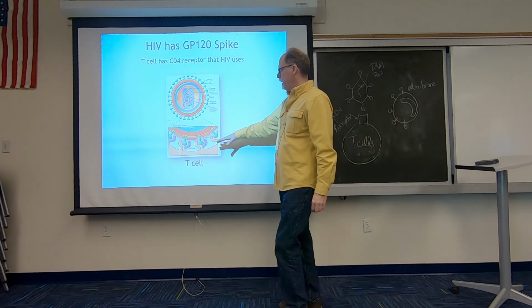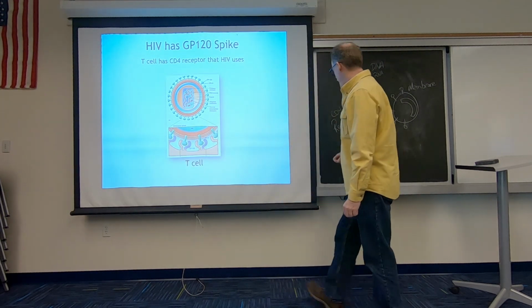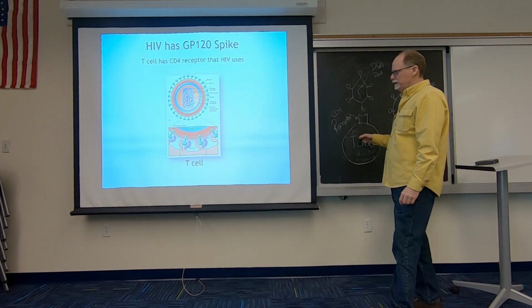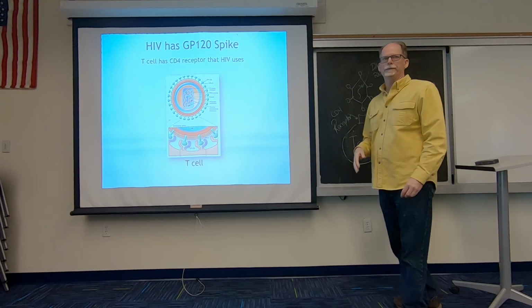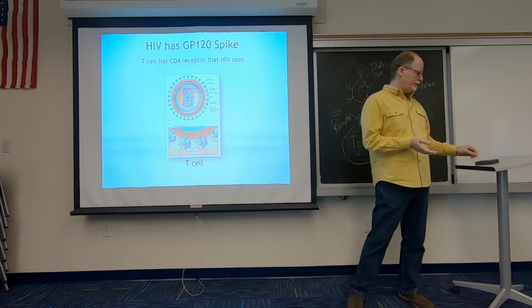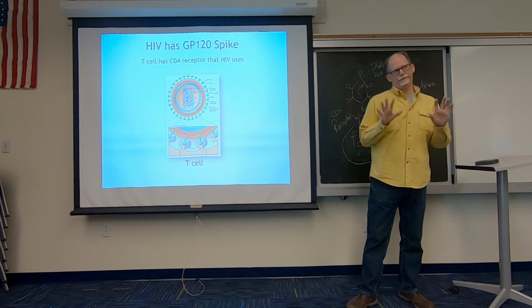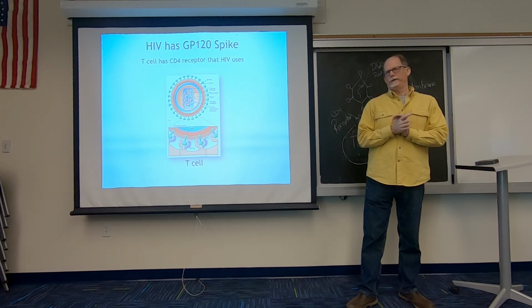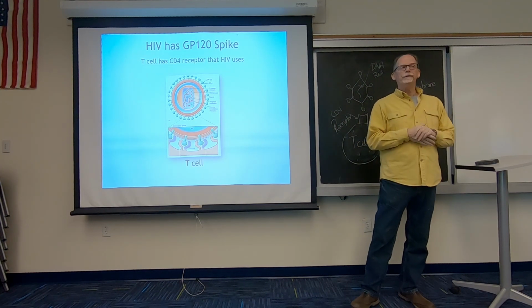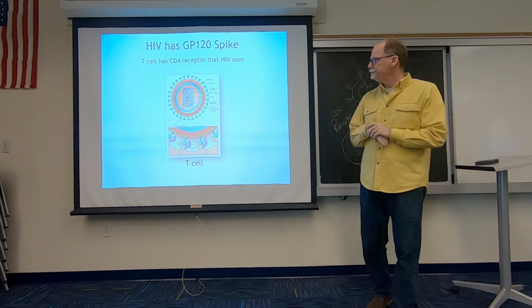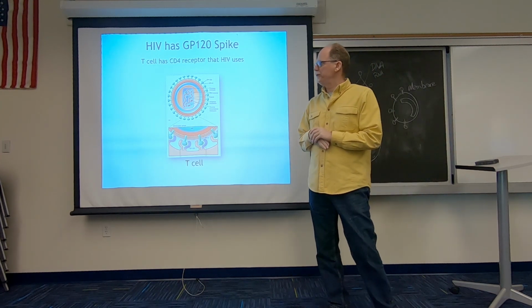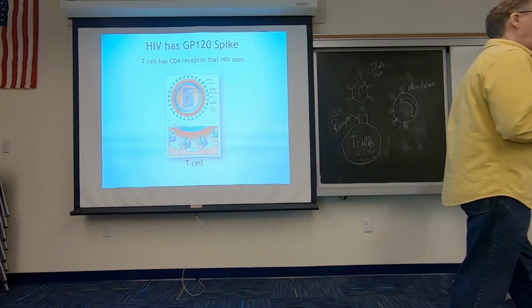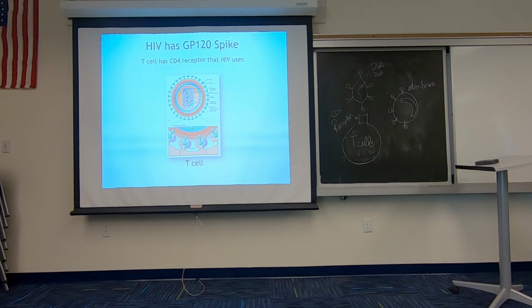So once it attaches to this T cell, then the virus can get inside the T cell and kill it. If you lose all your T cells, then you get what's called acquired immunodeficiency. That's what AIDS is. Your immune system doesn't work properly, and you have AIDS-related illnesses, all kinds